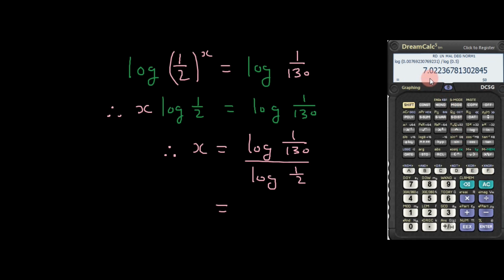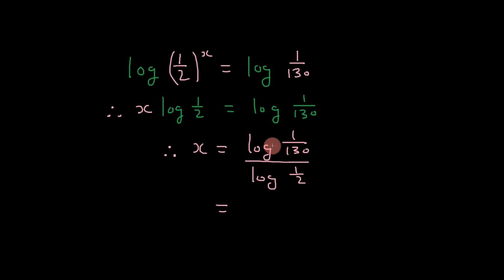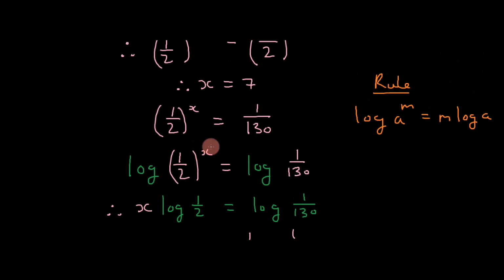And this comes to 7,02, corrected to 2 decimal places. So 7,02. So logs are useful to solve exponential equations where it's not possible to make the bases the same